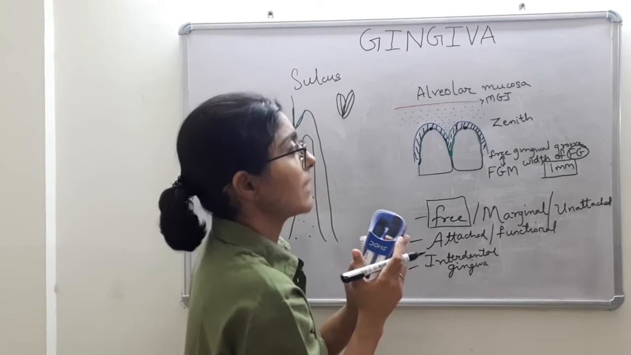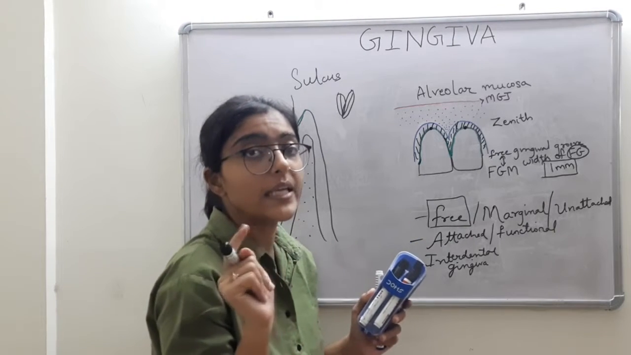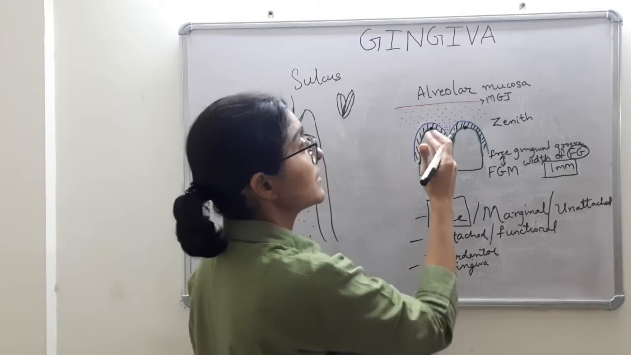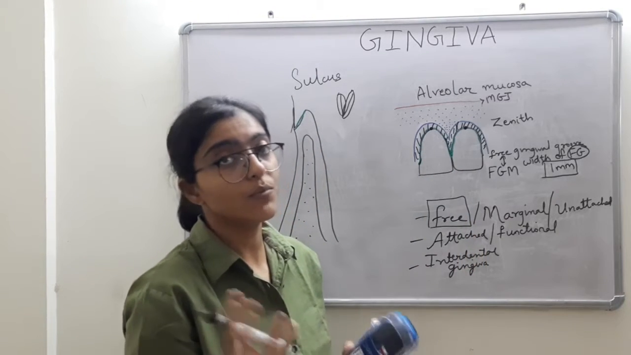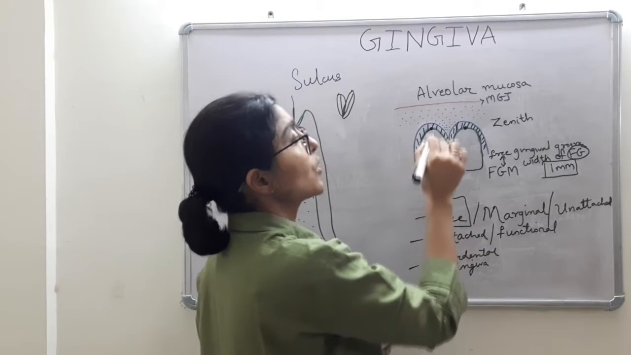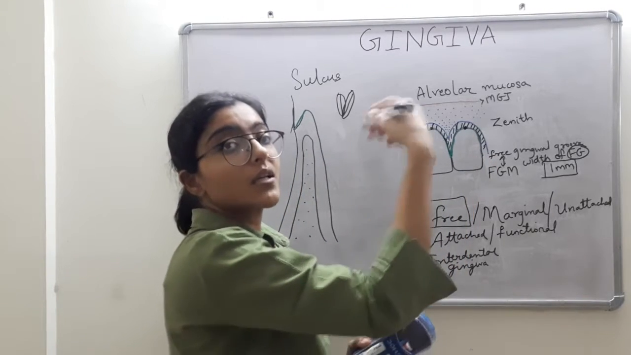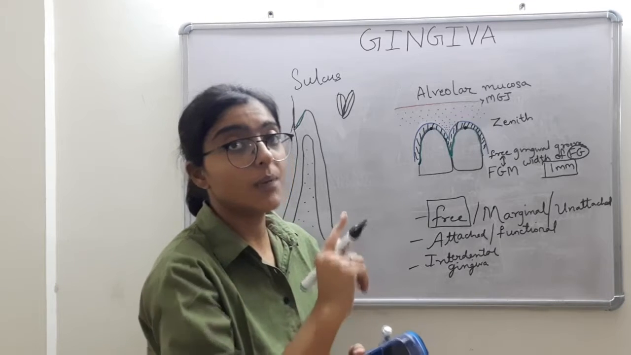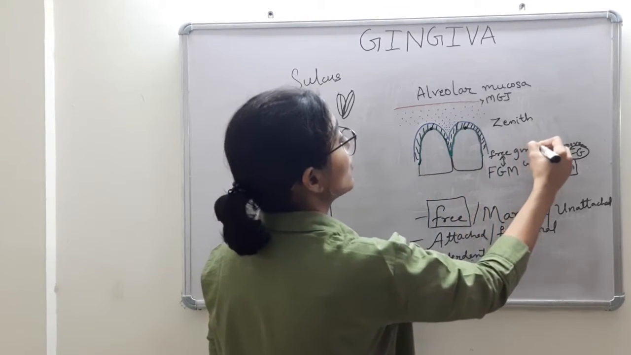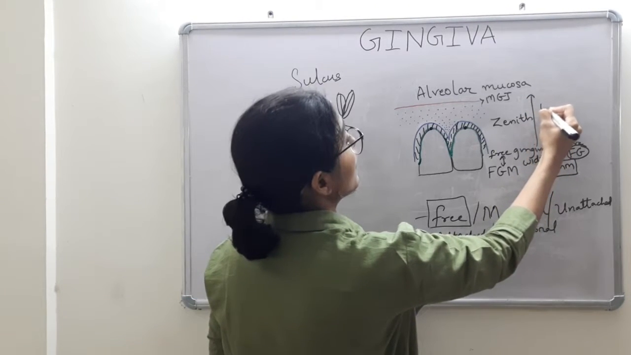Mucogingival junction. A separate video on mucogingival junction is available, link in the description box below. So attached gingiva is demarcated from alveolar mucosa by mucogingival junction. No confusions. Free gingiva is demarcated from attached gingiva by the free gingival groove. Attached gingiva is demarcated from alveolar mucosa by mucogingival junction. So this free gingival groove up to the mucogingival junction is called the width of